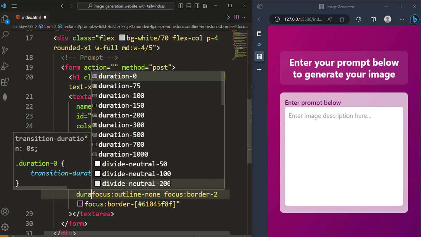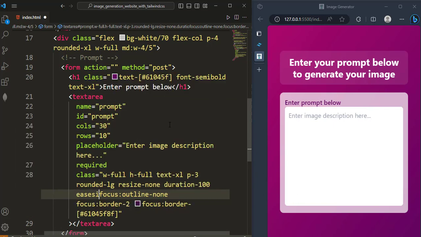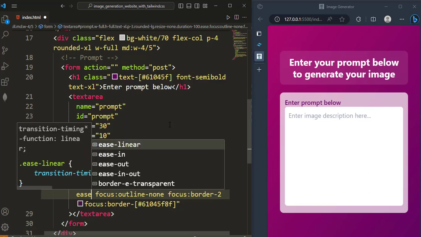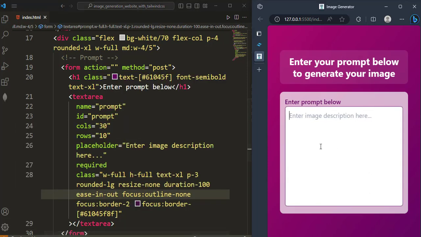So we can just say duration. Here I will choose 100, and then we see the style is ease-in-out. That yes, there will be some styling,